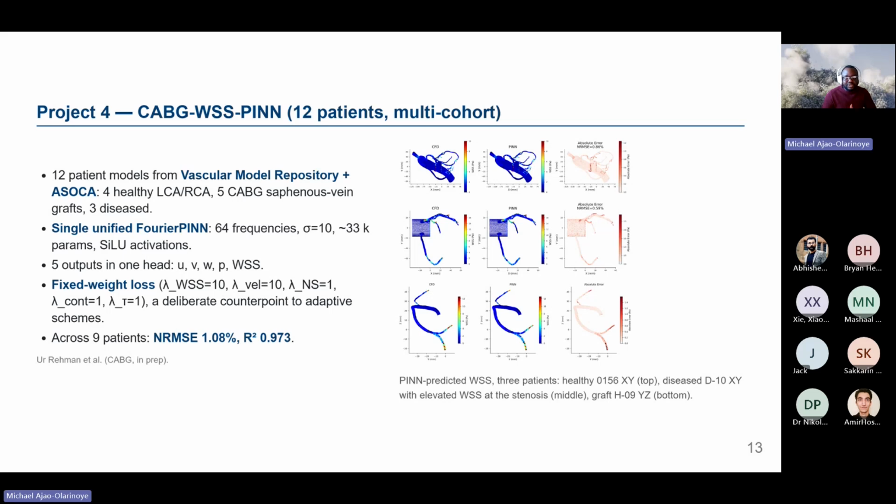It took a while to train this. It took a while to figure out what each loss weighing scheme should be, and to determine the value of each of the fixed weighing losses. But we were able to regenerate most of the saphenous vein grafts to a good extent compared to the CFD representation. And the absolute mean square error that separates both of them was also quite good. For this particular model, rather than a separate set of neural network parameters, it was just a single unified set of neural network parameters trained on each of it.